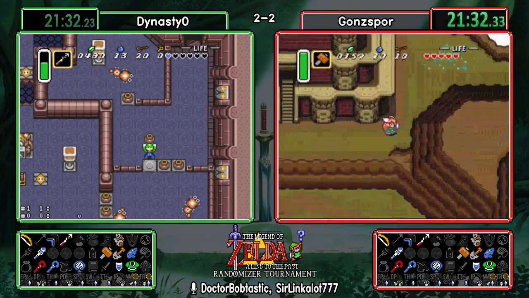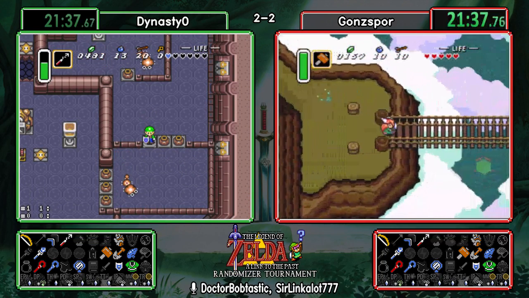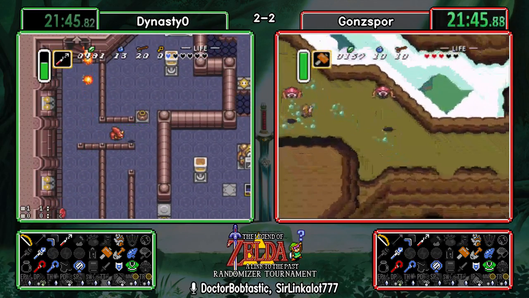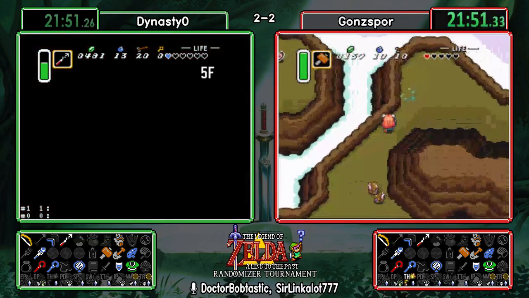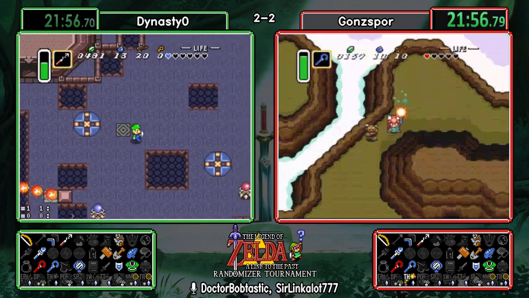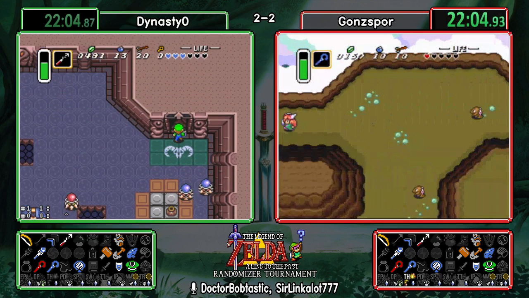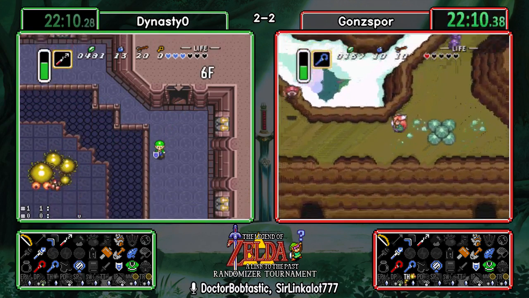Now, let's see if Dynasty counts the items, because I noticed Gonzspor actually went and opened the big chest. Now, let's see. He's not going to hookshot across at the very least. And Gonzspor has to be careful as well. Oh, gets blocked by the dead rocks. But yeah, Dynasty did count his items properly, so...